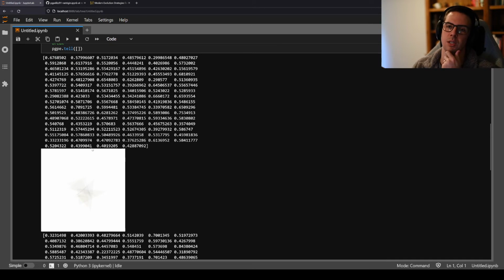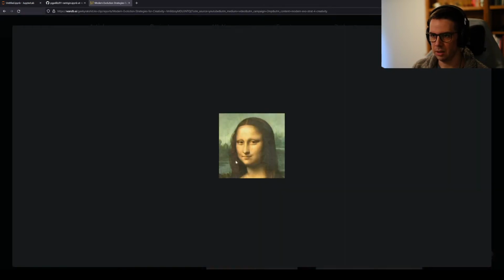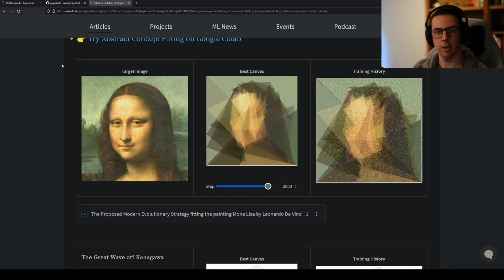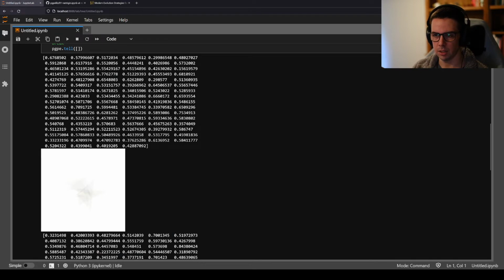Now, what we need to do is do a diff function. So we need a target image to begin with. So let's see, how big is old Mona Lisa here? Download that, I guess. Save that image. Sure. So I've saved that. Man, I really hope I didn't just show shit that I shouldn't have shown on my screen. But anyway. How big are you, Mona Lisa? Hopefully this is off screen now. I don't think I'm sharing this. I don't even know where that's saved to. Oh, there it is. We'll pop that in the folder